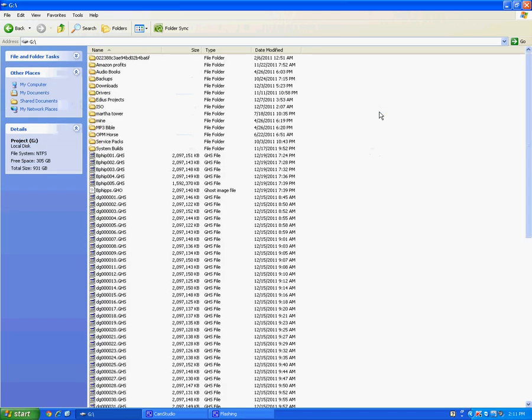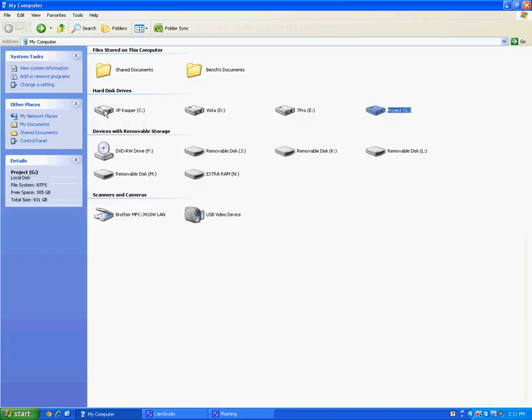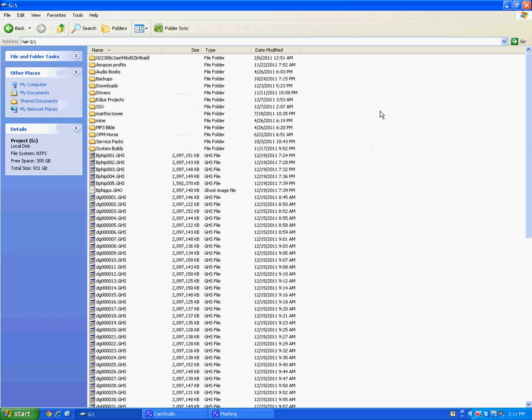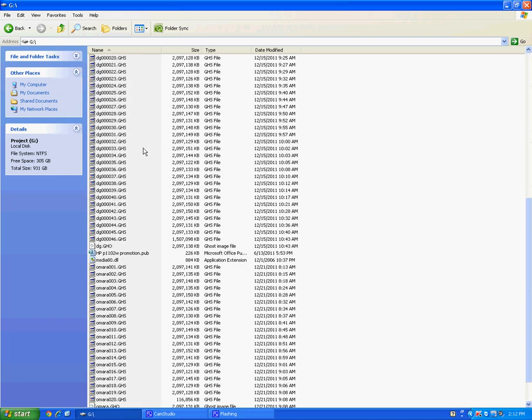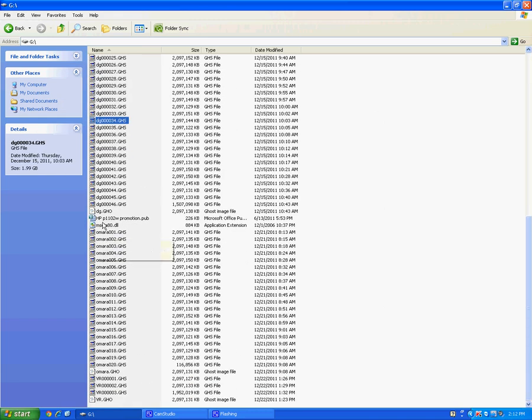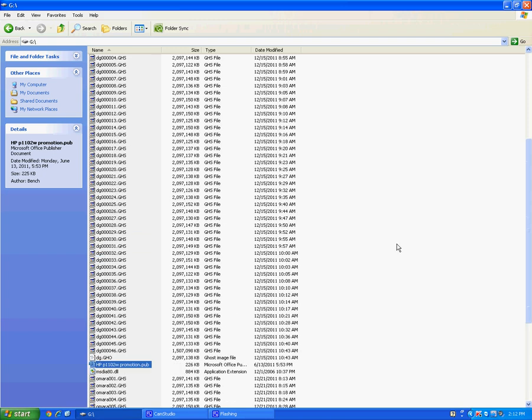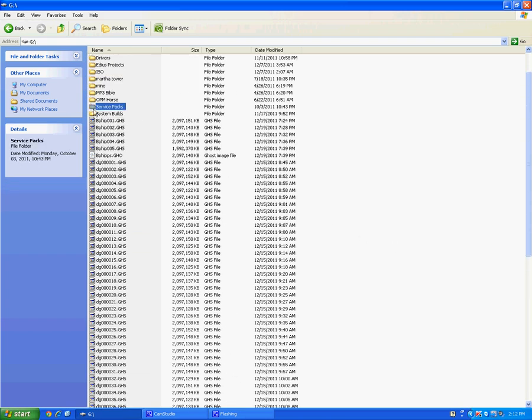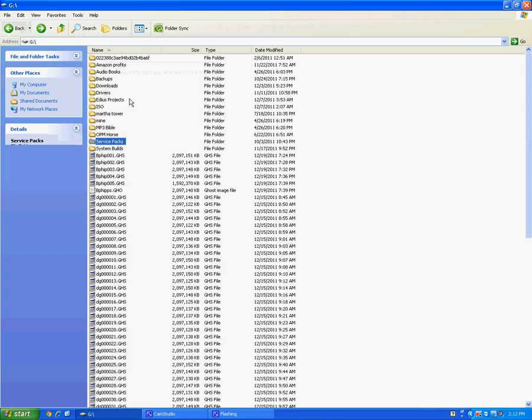This one I call Project, and so what happens is not only do I have each hard drive, the Kaspersky build partition rather, and the Vista and the 7 Pro partition, but I've also got my Project drive, and this is a separate one. It's got different ghost images for different clients that I'm storing at the moment, and I also keep a service pack folder, so I've got different service packs for different versions of Windows. I've got different specific things that I'm holding on to, certain backups, and then I've also got a drivers category,